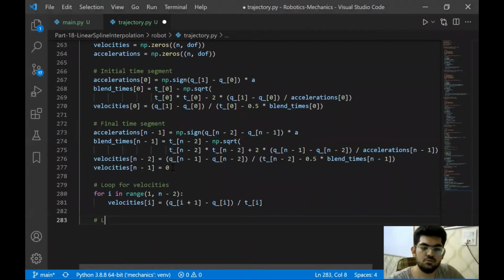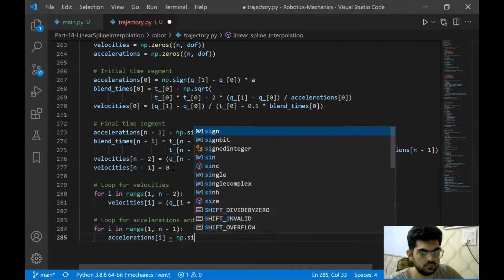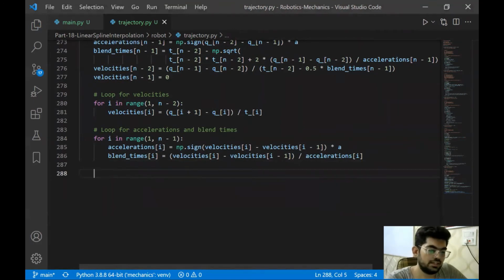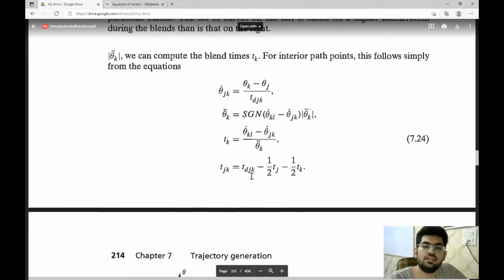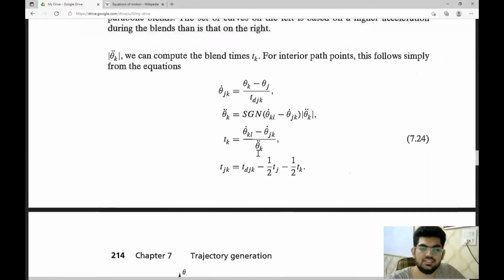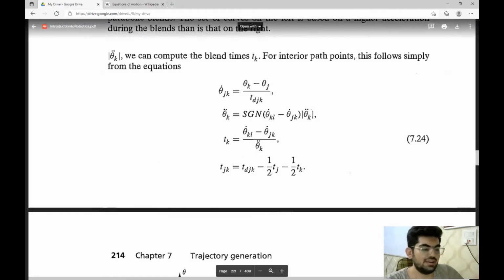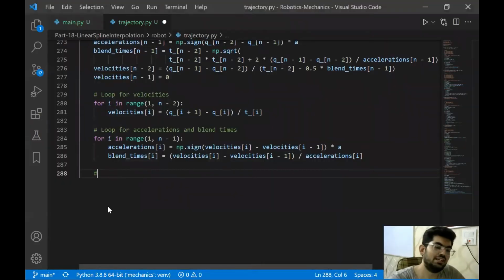All right, so let's loop for accelerations now. Okay, so these are calculated. This is again in accordance with these equations that were given over here. Now it's time to calculate the different time segments that we have, since we have calculated all the parameters. So let's do this now.